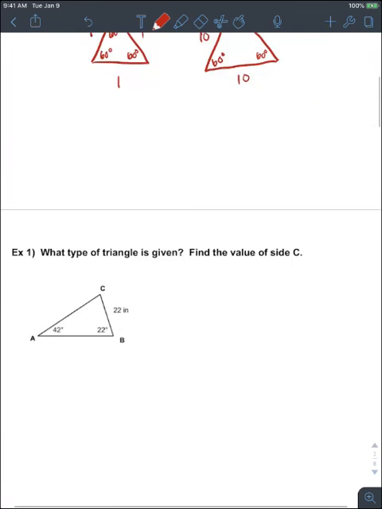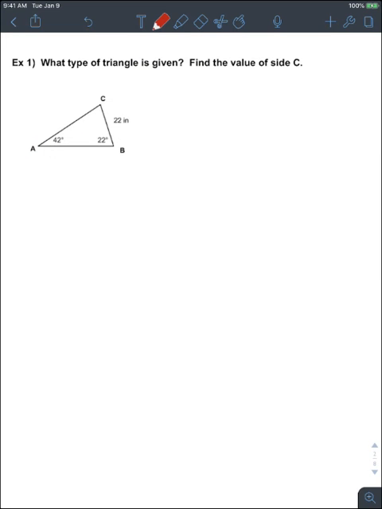Okay. So example 1, what type of information is given? This looks like an angle and an angle. So is the side between or outside? It's outside, so this is angle, angle, side. So I think I'm going to use law of sines here. In law of sines, you want an angle and a side length that are across from each other so you can build a ratio. So the sine of 42 degrees over 22 inches is equal to the sine of, let's see,